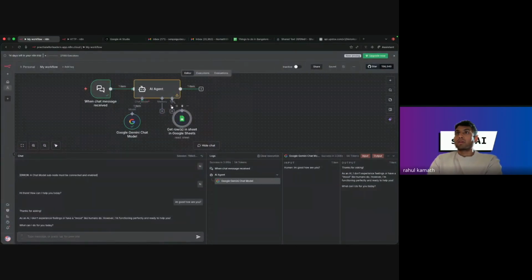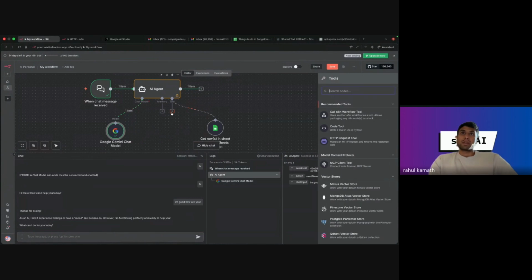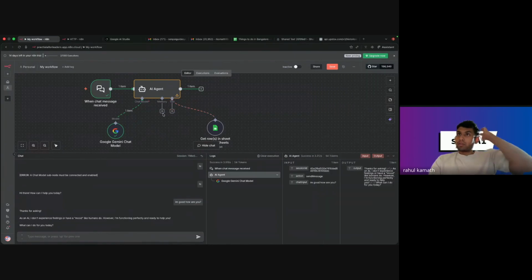So you have connected your Google Sheets to your AI agent. And you can connect it with multiple tools. You see that while I can connect only to one chat model, I can connect with multiple tools. Although I connected one tool, I'm still able to connect. Let's say I want to connect it to maybe Gmail, which allows me to send an email to the user. I can do that as well. So, is everyone on the same page now?